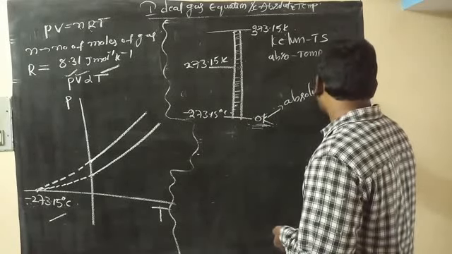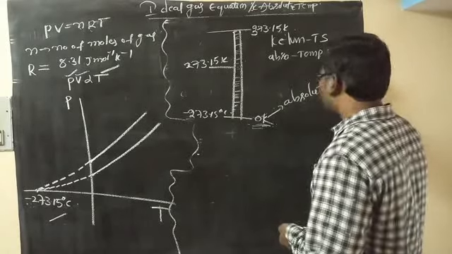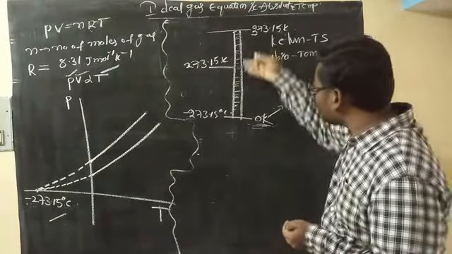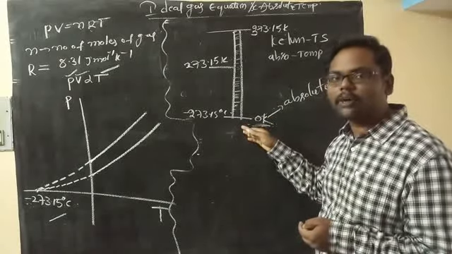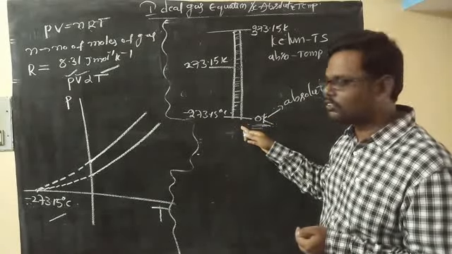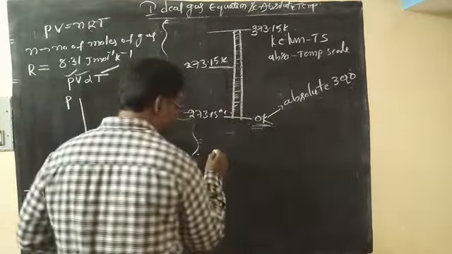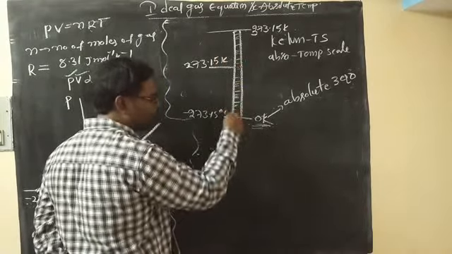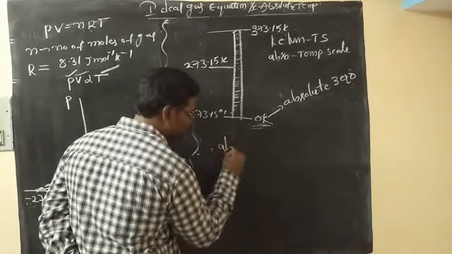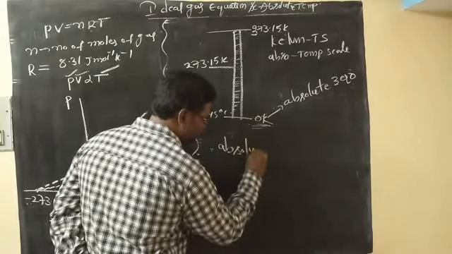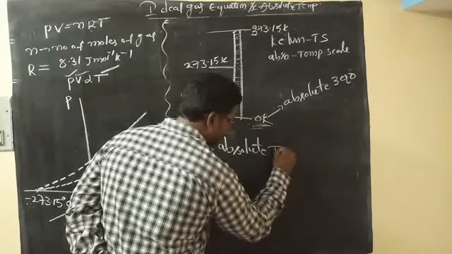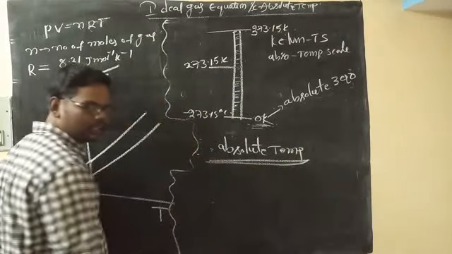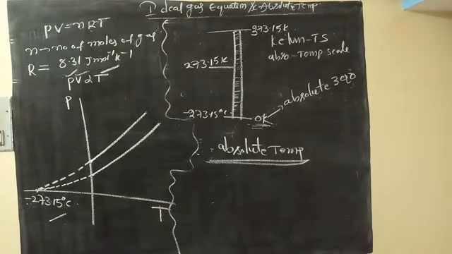And the temperature of any body on this Kelvin temperature scale is known as absolute temperature, and that is what we call absolute temperature, isn't it? Right? So now